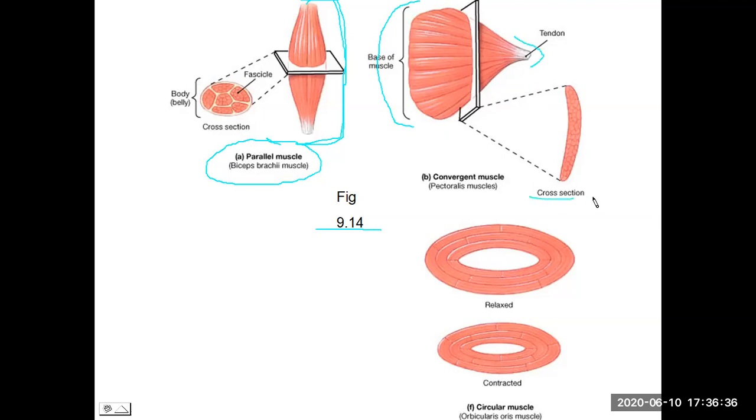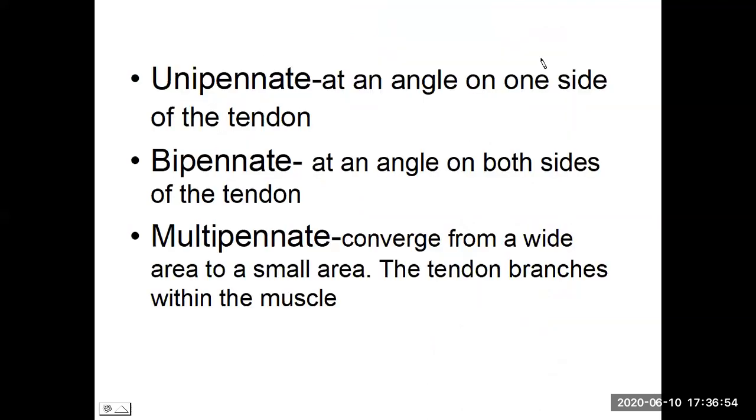This cross section will become important in just a moment. And a circular ring, you notice that its function is to close off and constrict some orifice. So now these latter 3 shapes here, the pennant shapes, uni, of course, meaning one, the muscle fascicles connect to